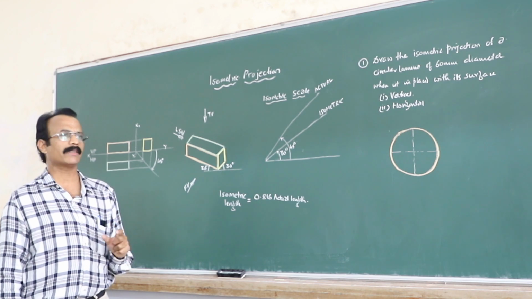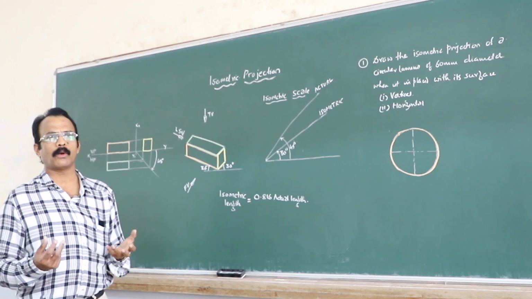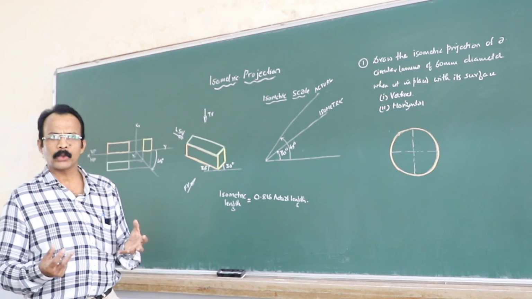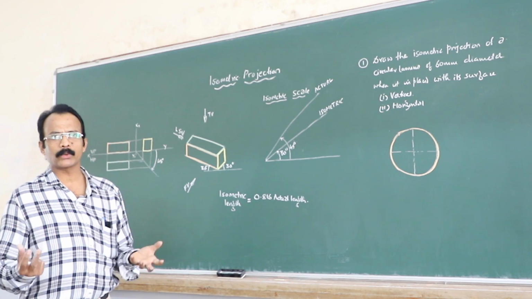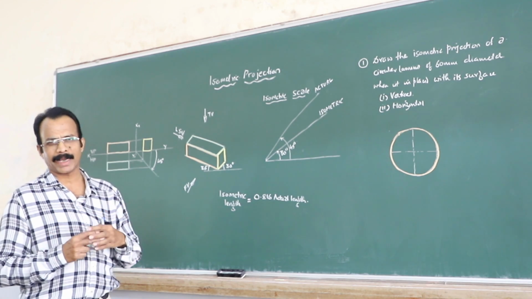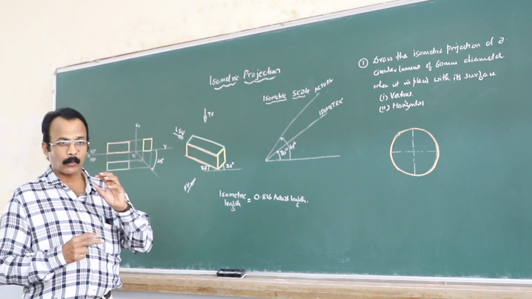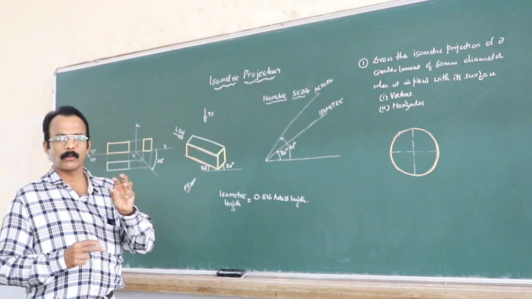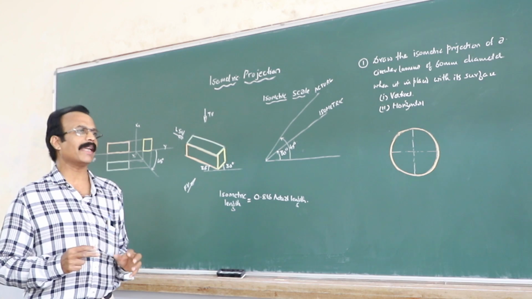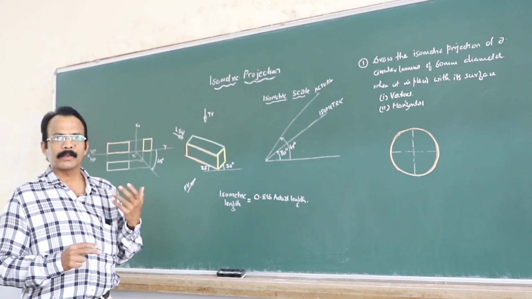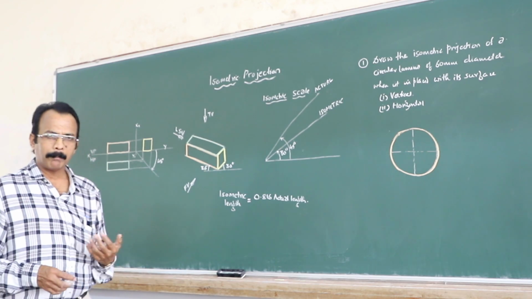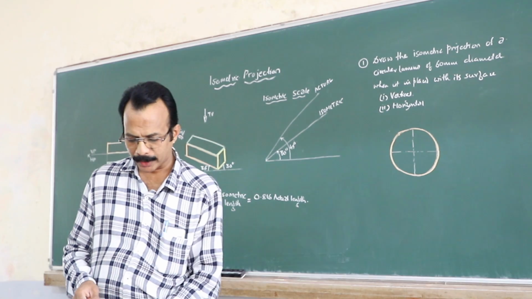Once the component is ready, now you have to use those components in some assembly or in some pipe layout drawings, etc. So, when you are using those components, the true length or true shape of the component does not matter. What matters is where the component is going to get fixed, where it is going to be applied. So, in that case, we need what are called 3D drawings, or pictorial drawings. So, basically there are three types of pictorial drawings.